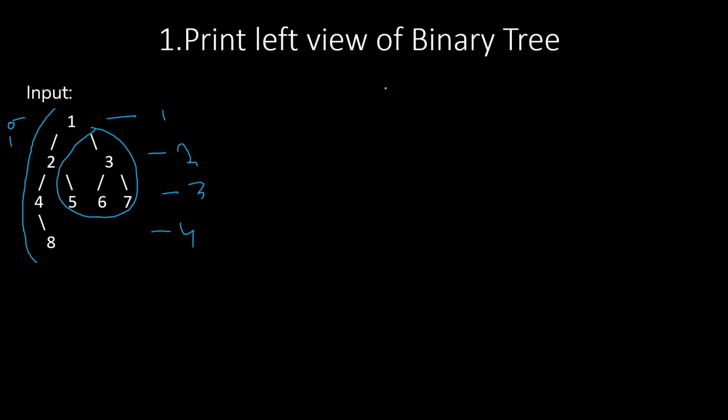First, in the first level you will get 1, in the second level we print 2. In each level only one left side element we are going to print. Then 4 is there in the third level, and in the fourth level we have 8 as the answer. So this is the output that we are going to print using the tree data structure. This is a basic understanding of the question, the meaning of the left view. Now let's go into the coding part, and it will be very much clear after seeing the coding part